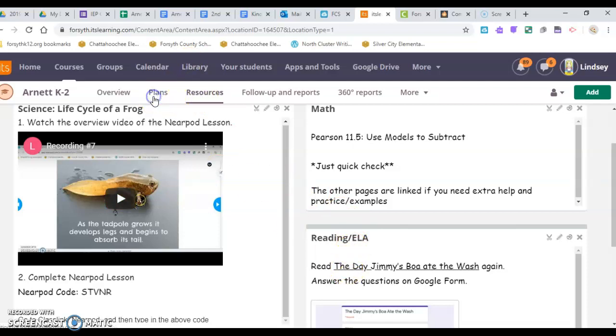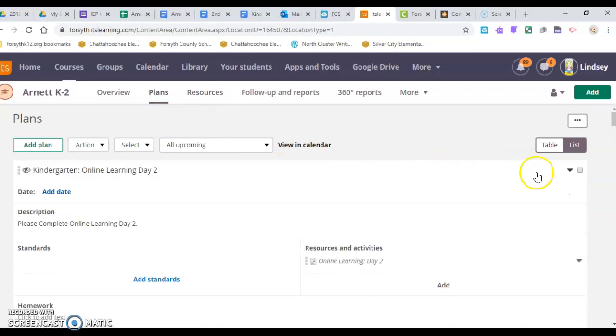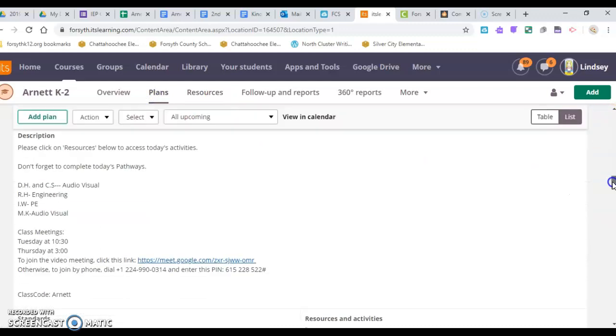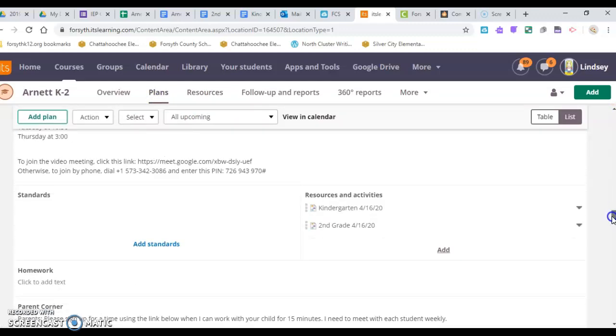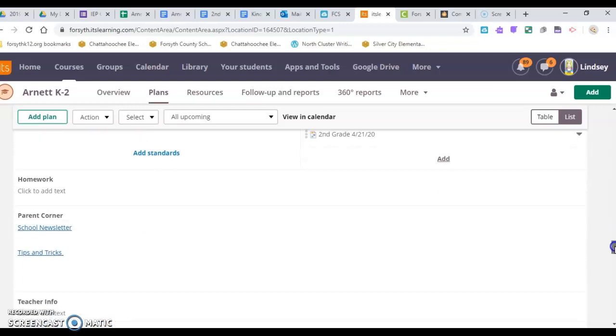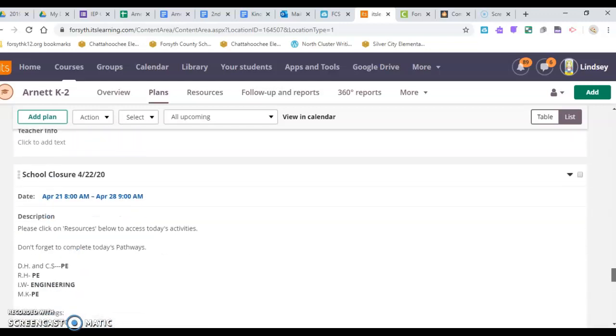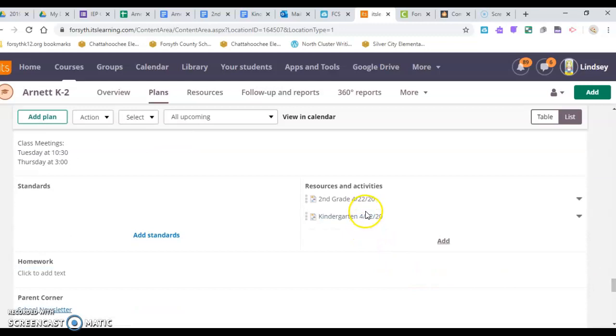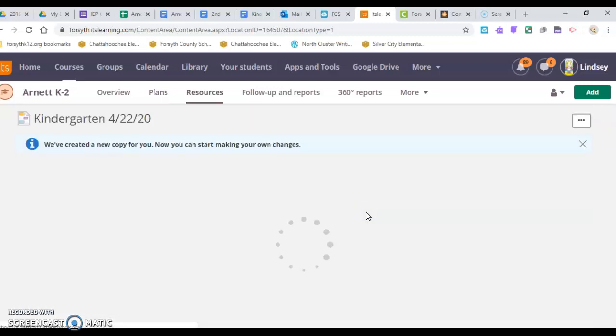All right, so let's go back to kindergarten. Remember, you don't usually have to go all the way back here. It's because I'm showing you 2 grade levels at one time that I always have to toggle back and forth. So today, let's see what kindergarten's got. Kindergarten, you have